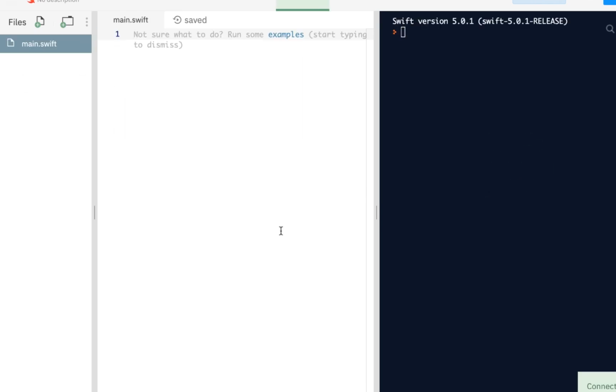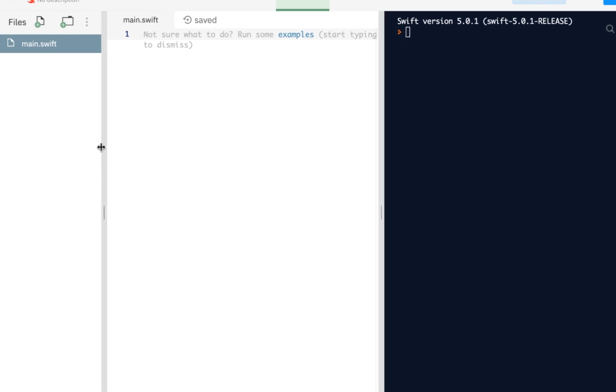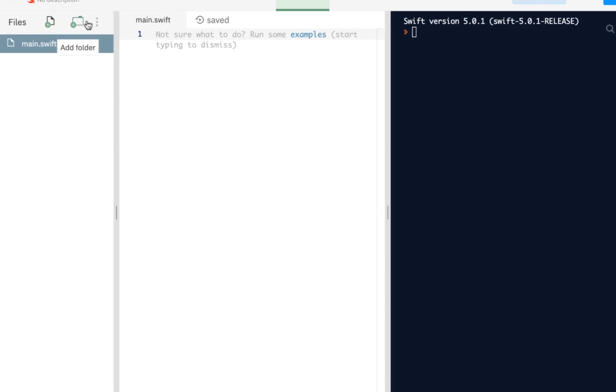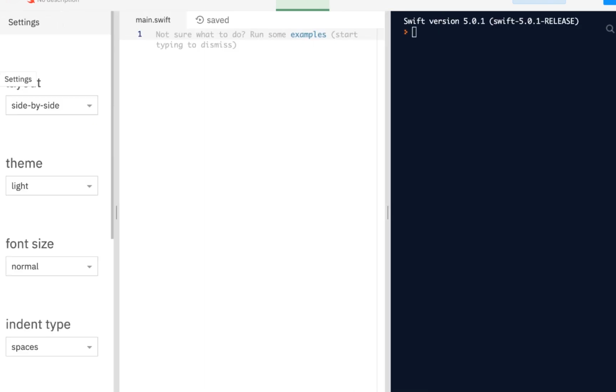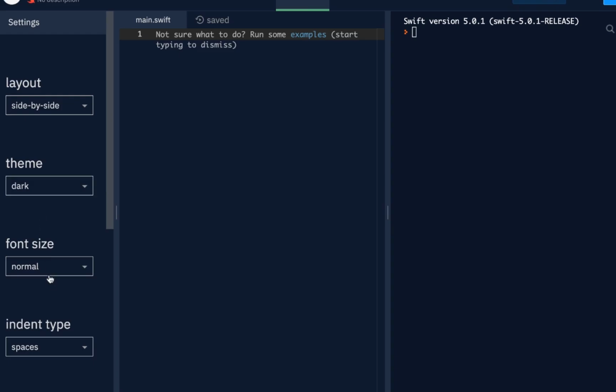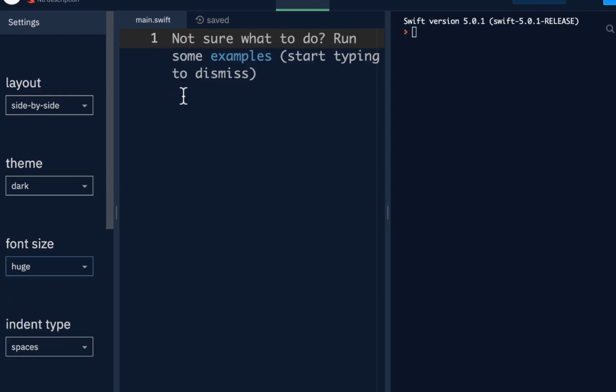And this is extremely useful, so I'll give you a quick tour. On the left side, we have here the file manager. You can add files, add folders, you can upload files, and download all the source code. And of course, we will provide the source code for each question at the end of each section. You can also change the settings of REPL. You can have dark mode and you can increase the font size. We'll definitely be increasing the font size for our mobile students.